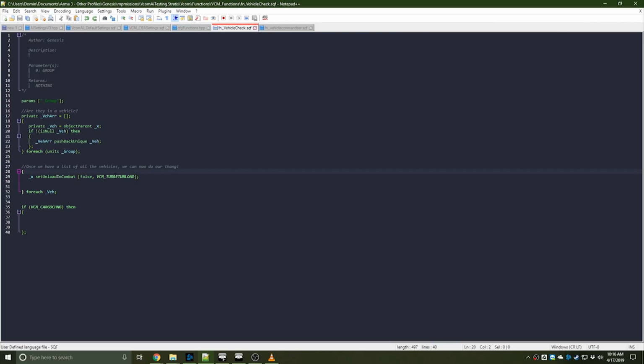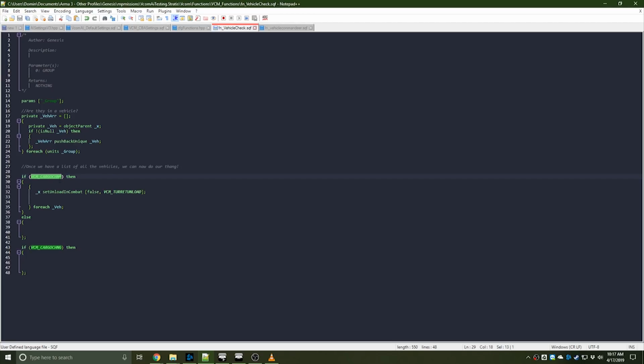Let's see. This is kind of difficult. You have to do kind of two different sets of things, is the way I set this up. So we have to have one that's maybe you don't want the turrets to disembark when the vehicles get damaged. We have to have two different ways to handle that. So if you want to change, okay,